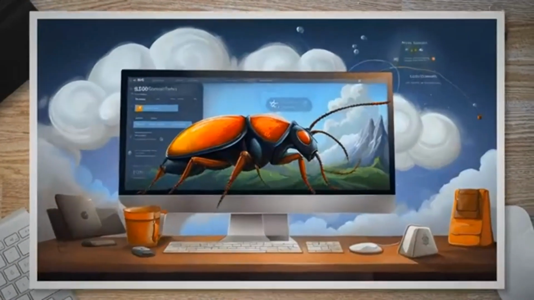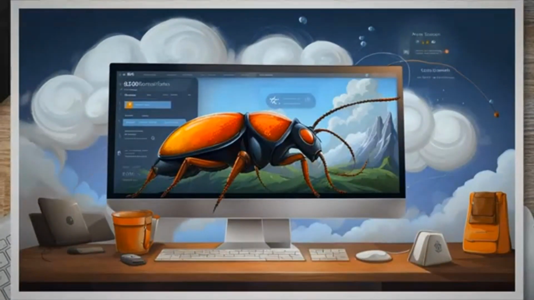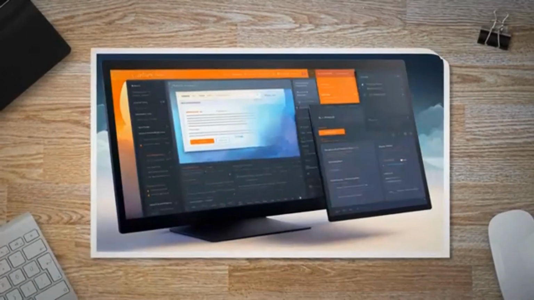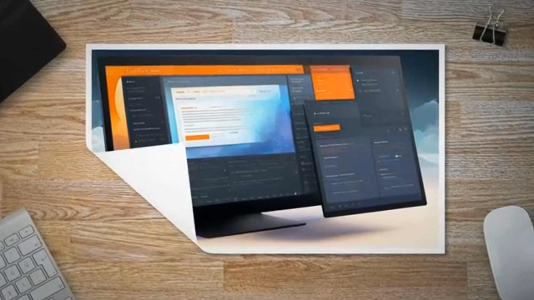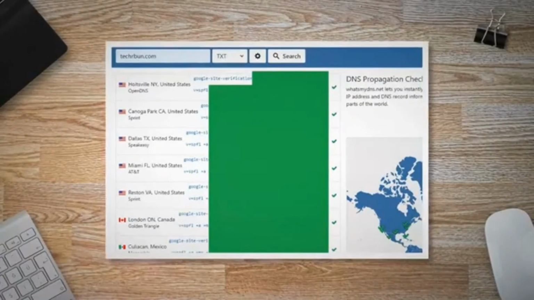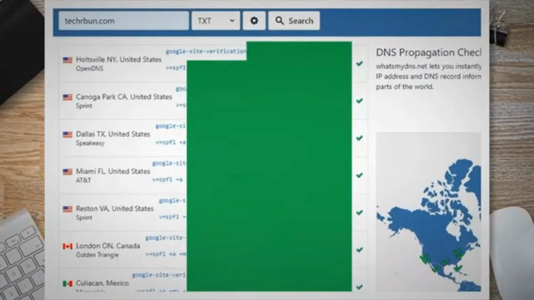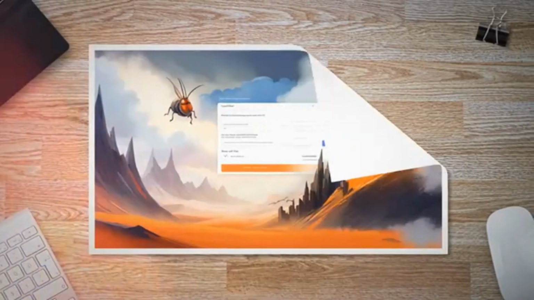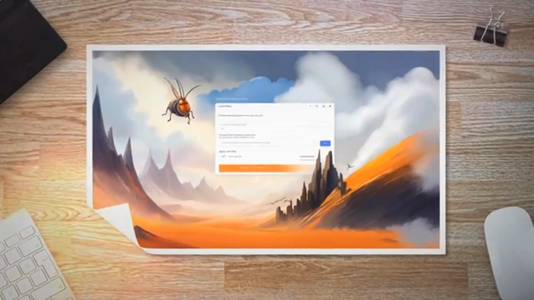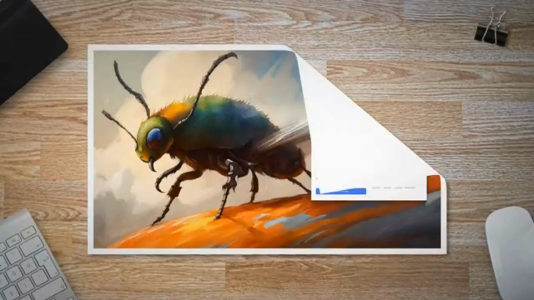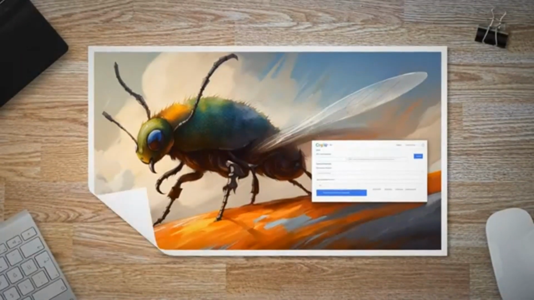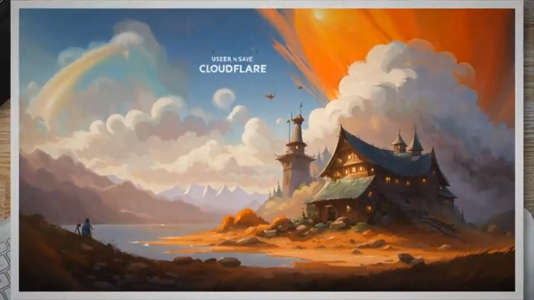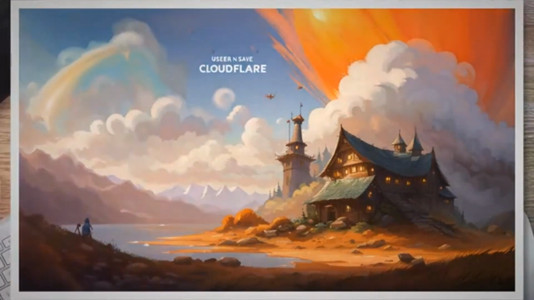Within the Cloudflare DNS settings, click on the Add Record button to create a new record. Select text from the drop-down menu to specify the record type. Then, paste the text record provided by Google Search Console inside the content field. Ensure that there are no additional spaces or formatting errors. Ensure that the name is set to @ and TTL is auto. Once you have filled in the required information, click on the Save button to add the text record to your